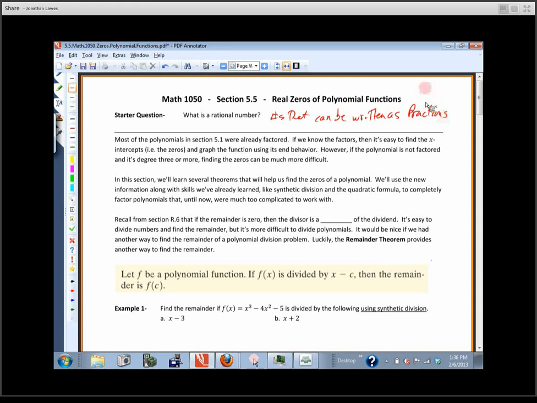So, the number 2, rational. The number -3/2, rational. Christopher's example of pi, not rational because you can't write it as a fraction. It's a decimal that goes on forever and never repeats. Now you could take pi and put it over 1, but when we say it's a rational number, it's got to be one integer over another integer. So that begs the question, can anybody tell me what an integer is?